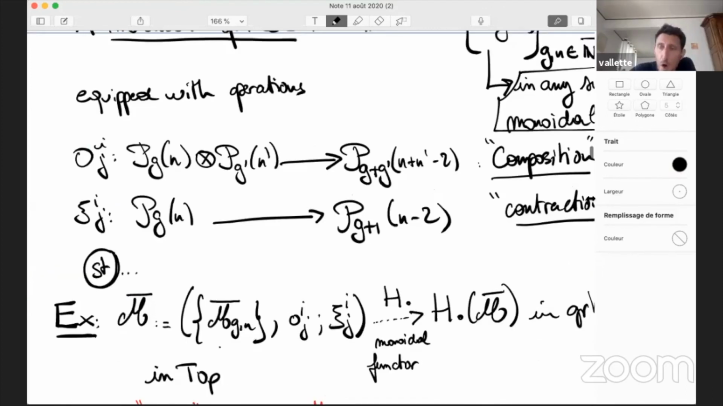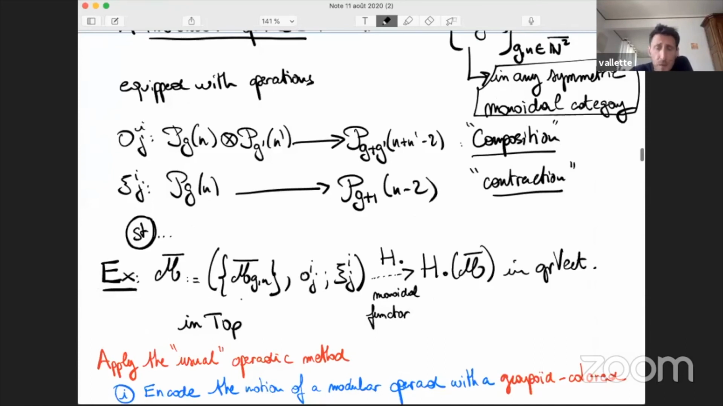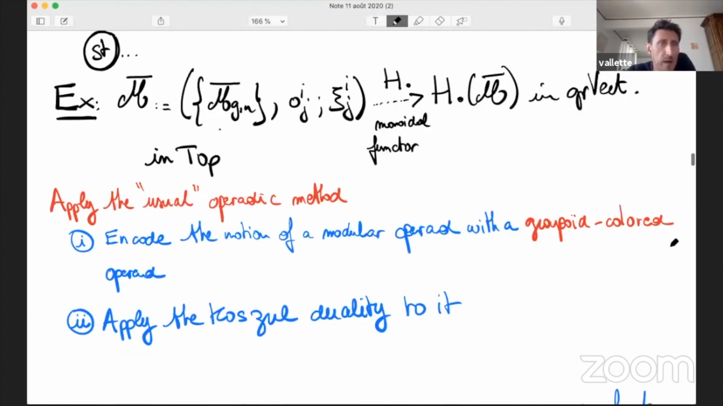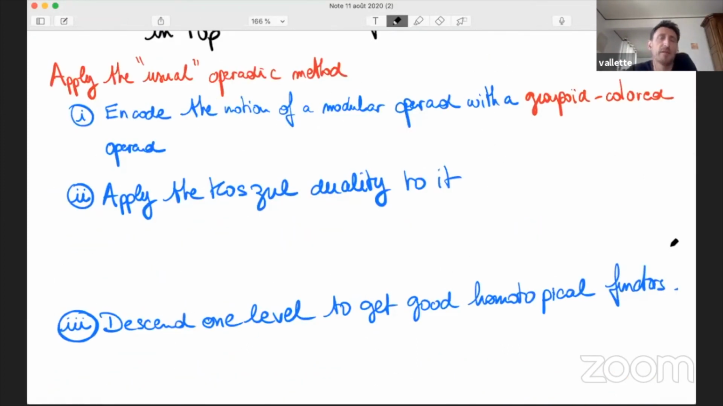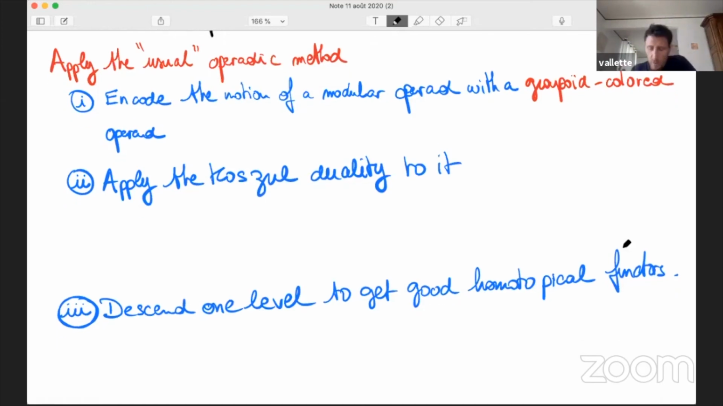Okay. So now we have the general notion of a modular operad. We would like to do the deformation theory of that. Cool. Let's apply the usual operadic method. So what does it mean? First, the trick is to encode the notion, now modular operad, previously it was associative algebra, with an